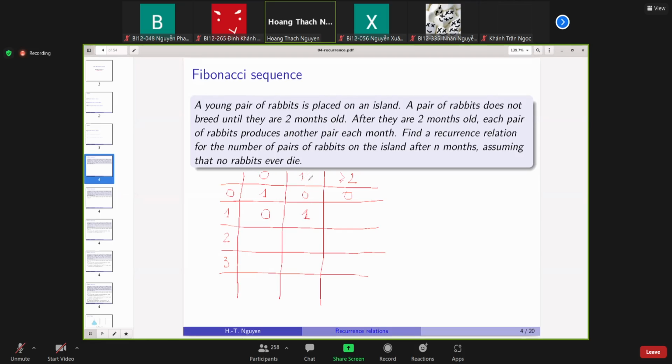And then at the second month, we have one pair of adult rabbits, which will give birth to one pair of newborn rabbits here. Okay, so here we have a total